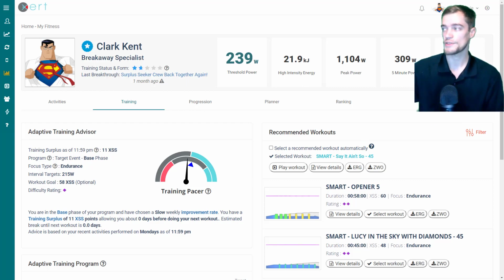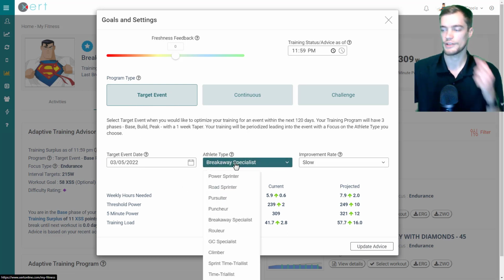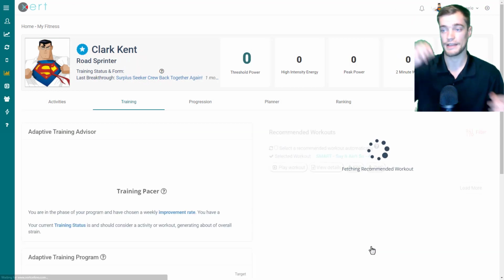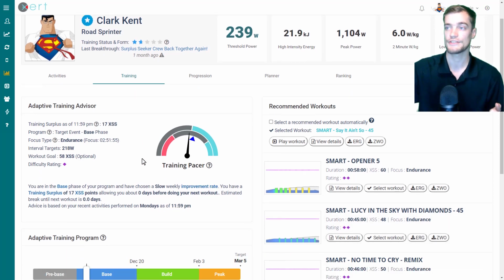So to start off with, I'm going to go to our Goals and Settings tab again. And you can see that we are in the target event program type, that we have a target event date for early in 2022. And here I'm going to select, say, a road sprinter athlete type for that target event date. I'm going to leave the improvement rate as slow for all these demonstrations. As I click Update Advice and let Xert recalculate the training recommendations based on those updated selections,